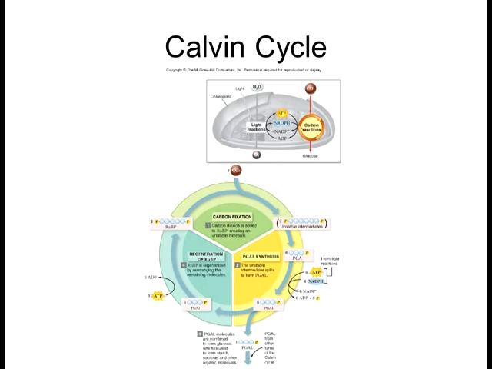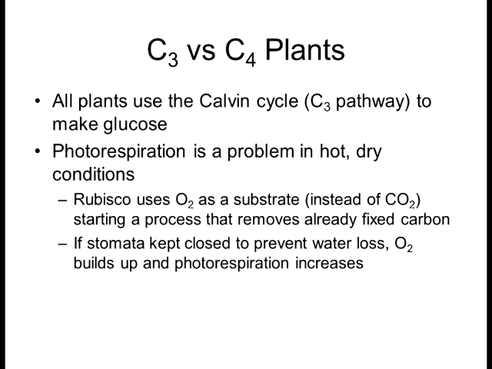Ultimately, 6 carbon dioxides come in, and a 6-carbon sugar comes out. That's the Calvin cycle. Don't worry about the rest of the metabolism going on here. It's metabolism, organic chemistry. It's beyond what you need to know for this class. The reason why I wanted you to know the enzyme that catalyzes the reaction in the Calvin cycle is because